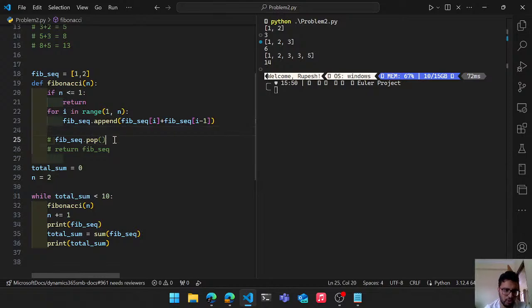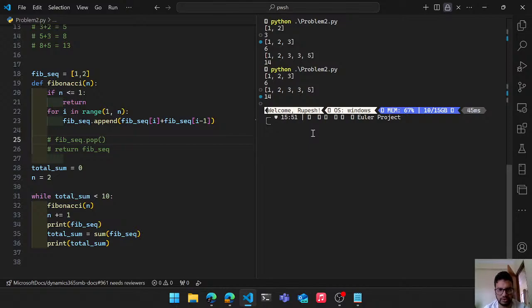So I don't need to pop it. Why am I even popping it out? Okay, in the beginning it's going to do that. Now it's much better, right? So I think without the popping thing,